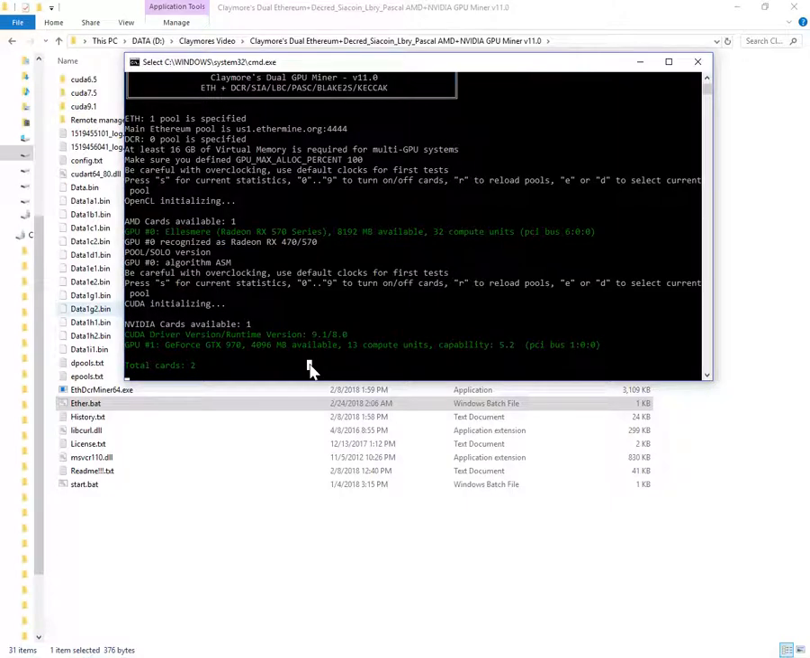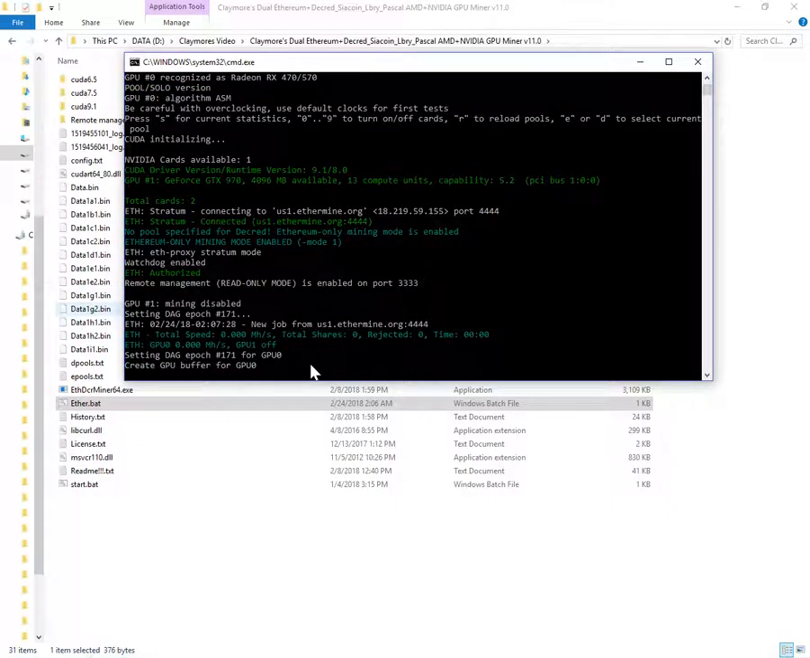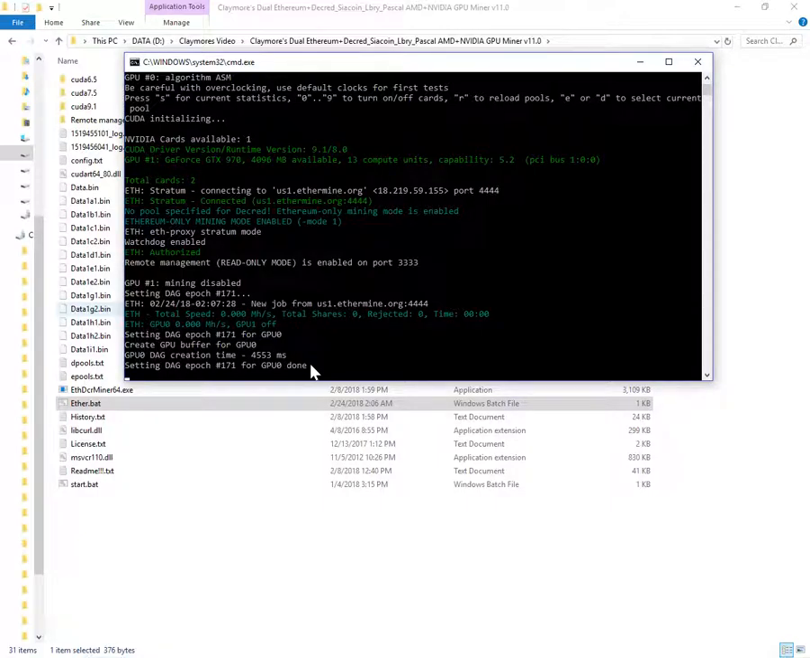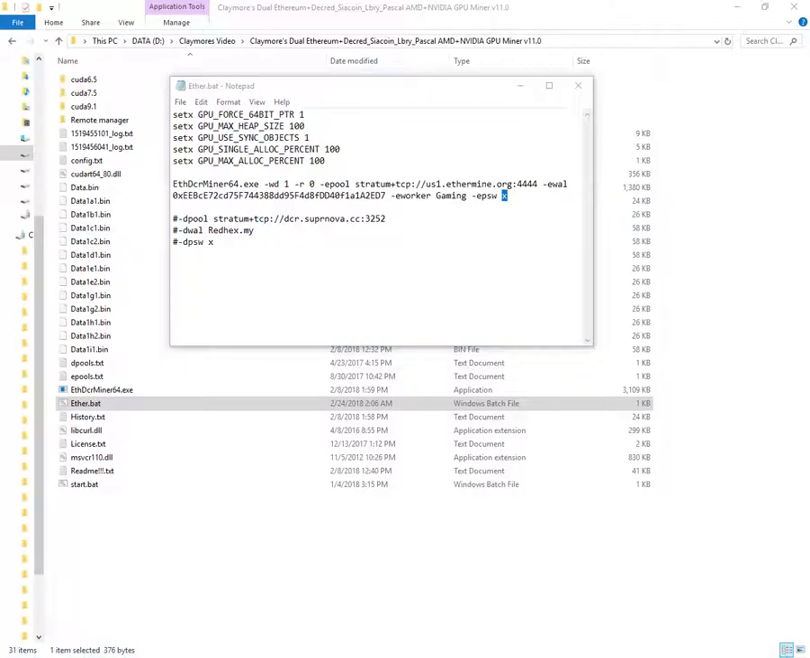I'm going to turn off my second card, which is the one that's hooked to my monitor, so it doesn't freeze up on us. I don't think I'm missing something. Yeah, we're missing something. Let's try this again. What are we missing? I think it's still mining dual coin, that's why. I forgot to take that out of there. Alright, so